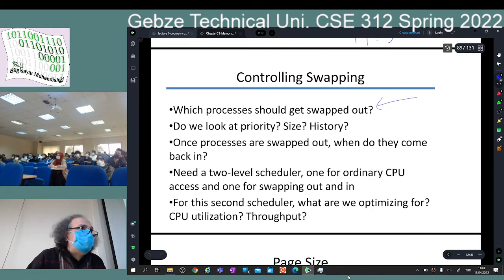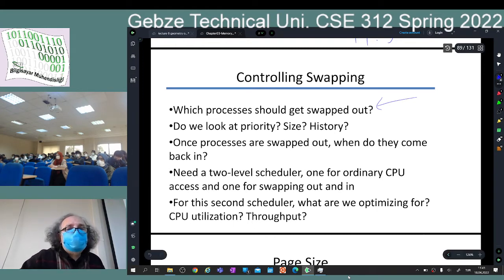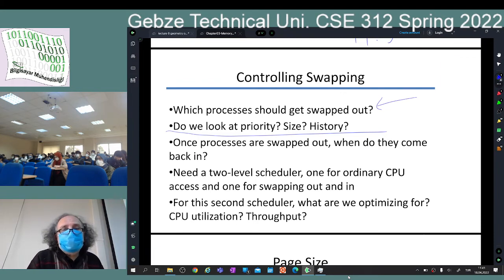How about the priority? Should I swap out a high priority interactive process to the disk? Maybe no. And how about the history? That process is blocked for a very long time. Maybe I should swap it out. So my decision is going to be low priority tasks, if the size is large. And for the history, it did not run for a while. Okay, so that's called